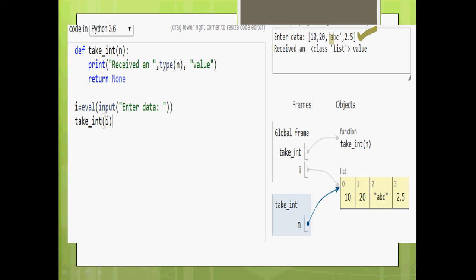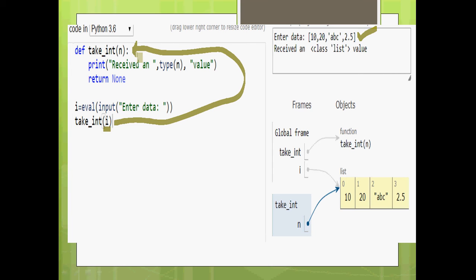Integers are there, a string is there, a floating point number is there. They're all comma separated and enclosed within square brackets. So I is a list now, and this I is passed to the function. Again, I didn't change the name of the function, please don't mind that. Still the name is take int, just the same function, no problem.